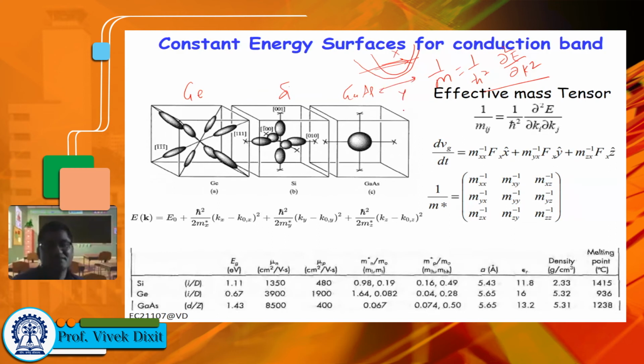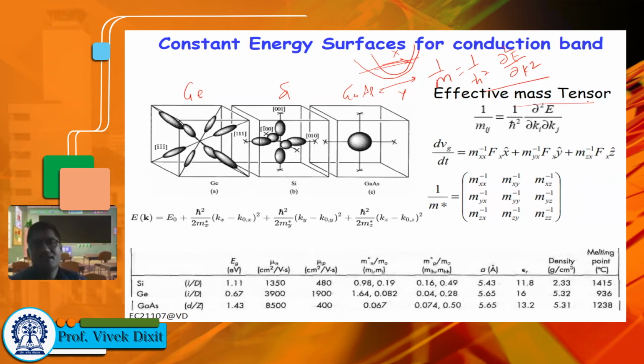That means its mass along x direction and y direction will be different. So if you apply a force in certain direction, we have to consider the mass along that particular direction,